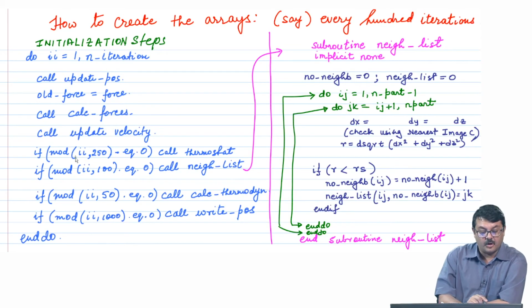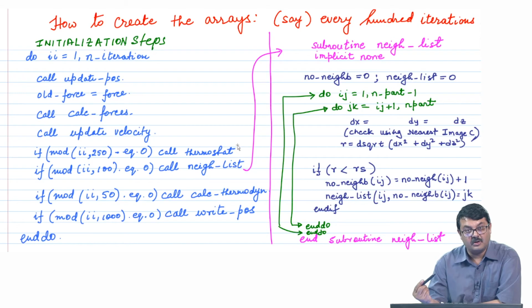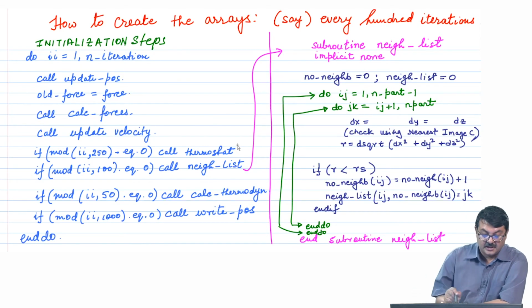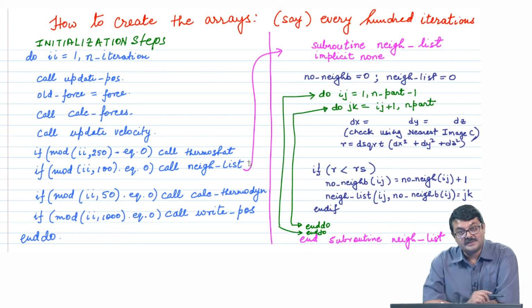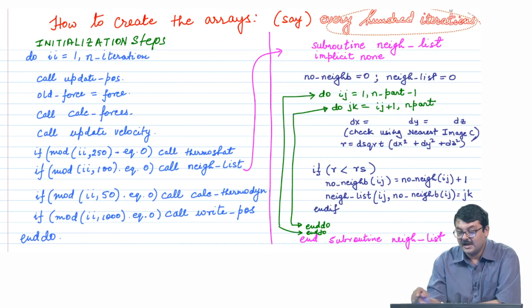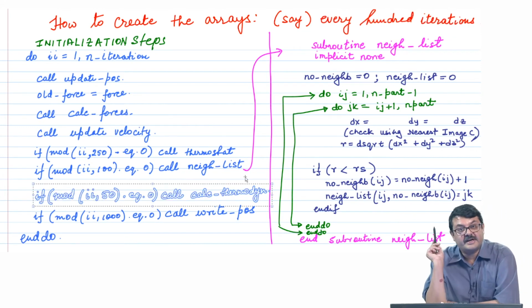Then you write if mod(II, 250) equal to 0; mod essentially gives the remainder when you divide II by 250, and if that remainder is equal to 0, then call thermostat, which means the thermostat will be called every 250 iterations. If mod(II, 100) equal to 0, call neighbor list, that is, call the neighbor list every 100 iterations, right. Then suppose every 50 iterations you want to call the subroutine which will calculate your statistical quantities